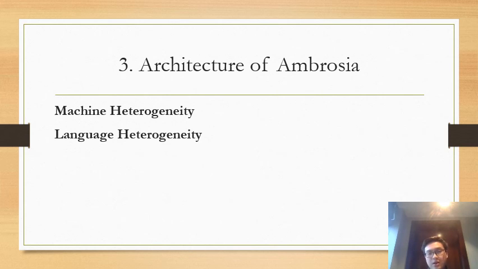Then let me explain the concept of machine heterogeneity and language heterogeneity here. Since the Immortal coordinators will pass byte arrays, it is the language binding's task to interpret these messages. And machines with different operating systems and architectures only need to agree on the serialization format of these messages to communicate successfully. So this guarantees machine heterogeneity.